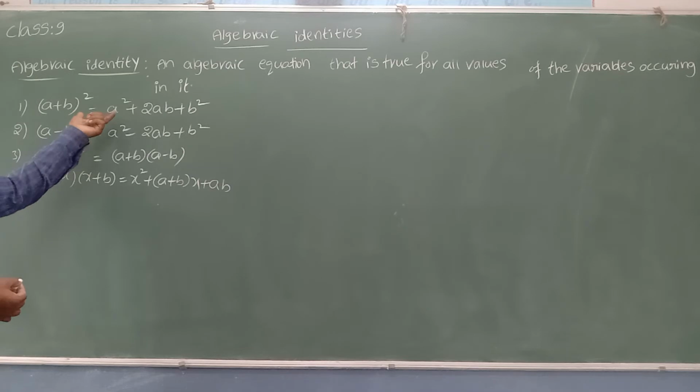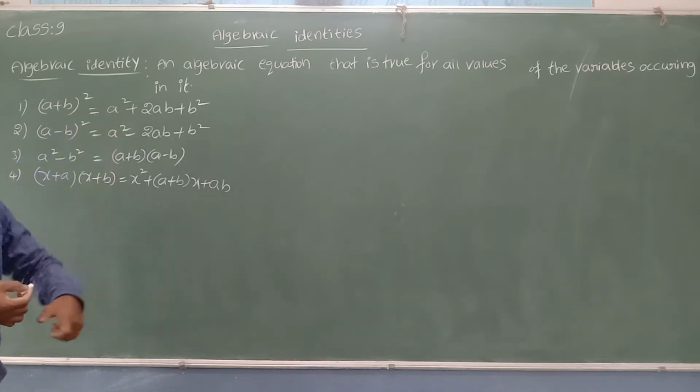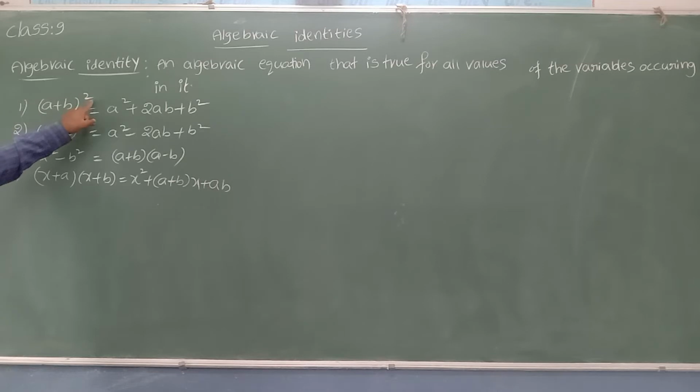We already learned how to prove these identities in 8th standard. We learned two different ways: graphically, and also by using algebraic proof. (a + b) power 2, we can write a